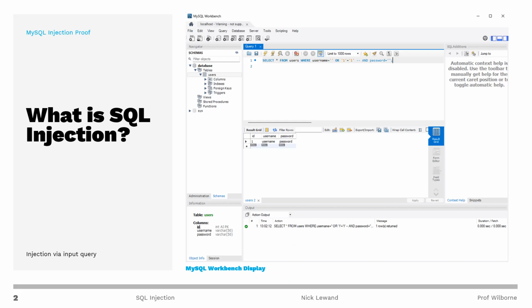SQL injection is when you take a SQL query, and now SQL is a database structured language. Think of it as a bunch of Excel spreadsheets stacked on top of each other, and it's a way to interact with them. Now we see here in this query that I took from MySQL that you have a username